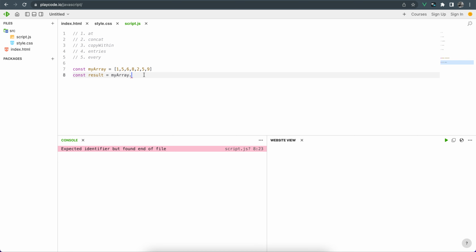So you can say out of that, I want to go through all of these and see if a certain condition is passed or something like that. So I'll just say array dot every, and then